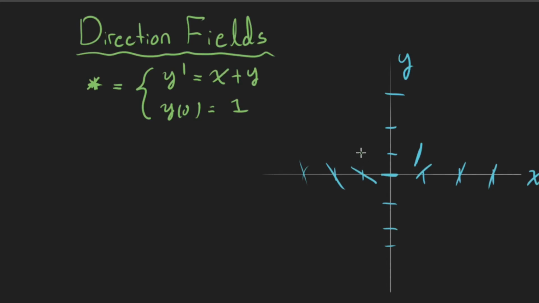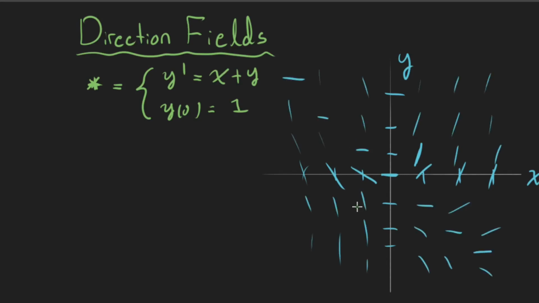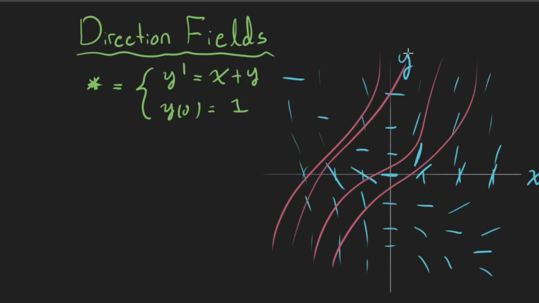And if you fill in the rest of this, of course I'm drawing it a little bit quickly here, but you could be a bit more careful. Maybe you could use a plotting software, but you can see that we're getting this idea of where the flow of our function is going to be. Obviously this may not be exactly what's happening because I drew it quickly. So with just the ODE, we get a general idea of where our function is, sort of the general behavior